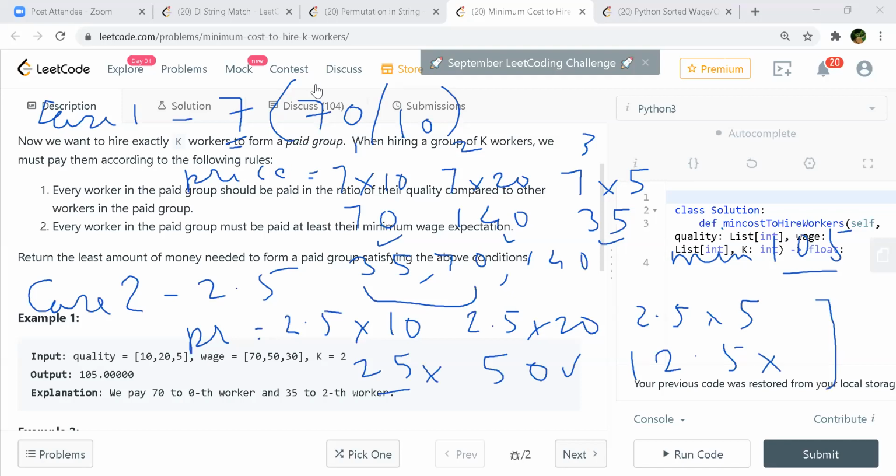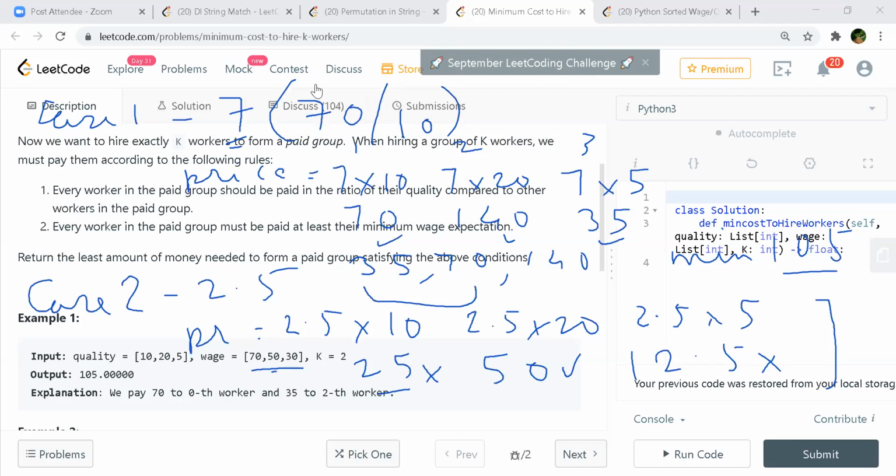I didn't get that part. On what basis are you crossing these out? Okay, so if you see 25, you compare it with this wage, right? This is 70 here, so his minimum wage starts at 70. Yeah, got it. But we are only paying him 25, so he won't accept the offer, right? Yeah. So at least you have to have 50, the minimum wage here. So only 50 matches in this case because this one is also lower. Yeah, makes sense now.